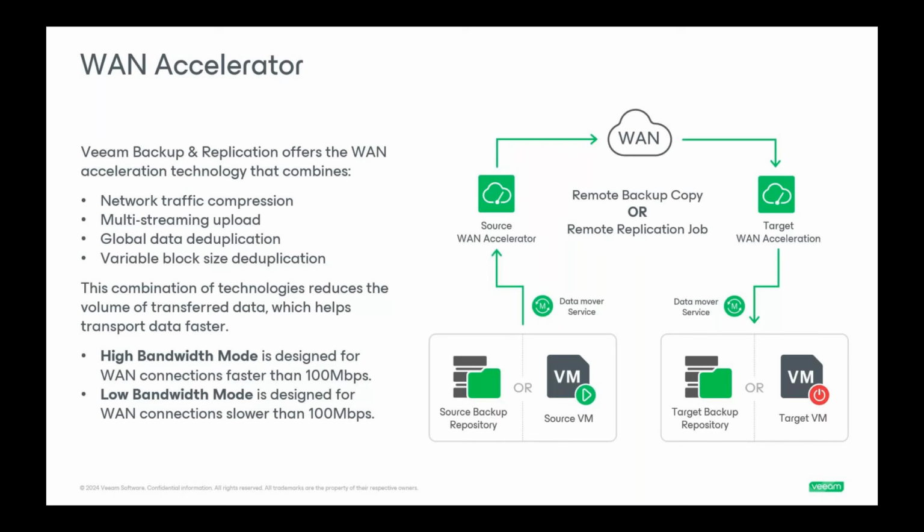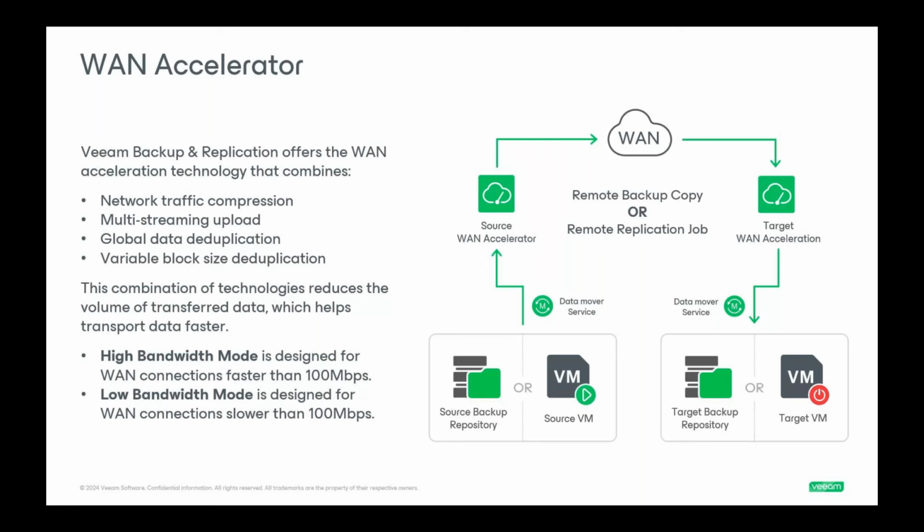Basically, in short, the accelerator can be described as a cache for previously transferred blocks that can be used to lower the load on the network. As an example, if a previously identified block is sent again from, let's say, the day before, Veeam will see it and only transmit the hash across the network and not the data itself. If the data didn't change, it's not going to keep doing it over and over. The data at the target location from the WAN accelerator would be extracted from the cache, and so that's giving you